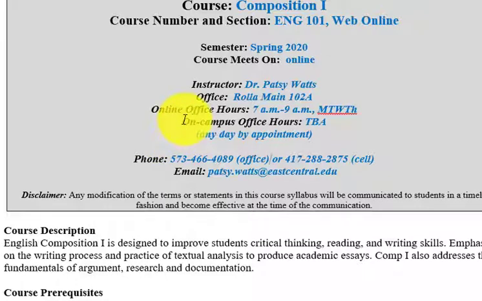I certainly want to support your educational journey, and even though you are in an online class, part of your success might mean making some one-on-one contact. So here are some telephone numbers. My cell phone number is probably the best one for you to use to contact me.